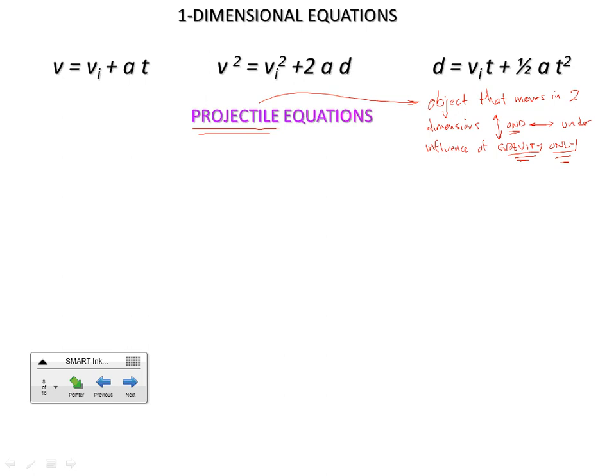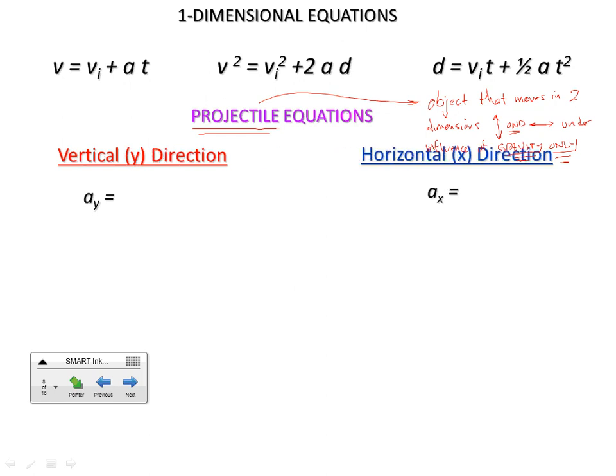Now here's what we do. All right, we have these equations that work for things that accelerate and even work for things that don't accelerate. What we have to do, just like in our boat crossing the river example, we said, we really have to be careful about not mixing directions, right? So what we're going to do is come up with a set of equations for the horizontal direction and a set of equations for the vertical direction, right? And they're a little bit different because accelerations are different in each direction. Okay, in the vertical direction,